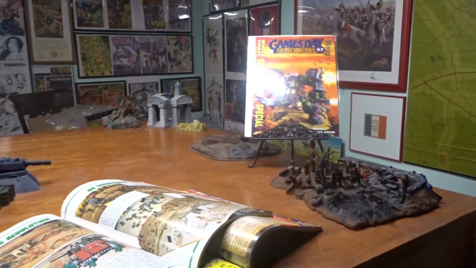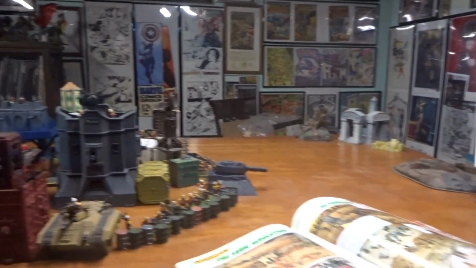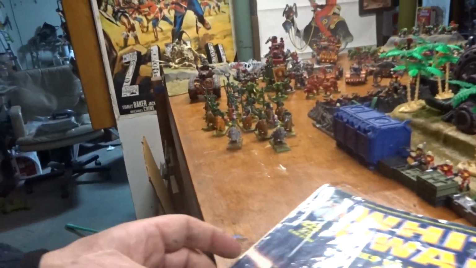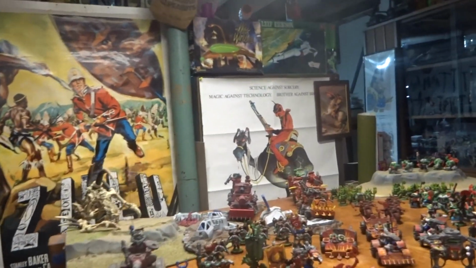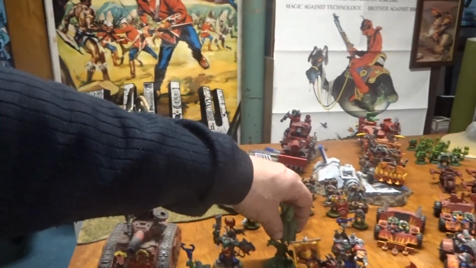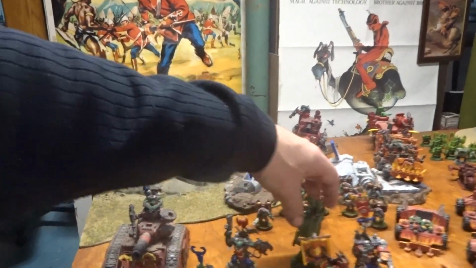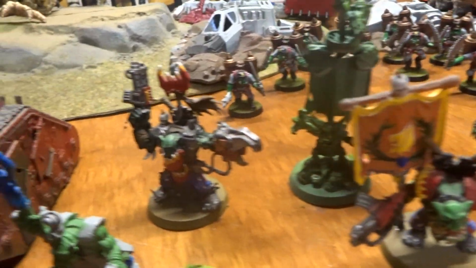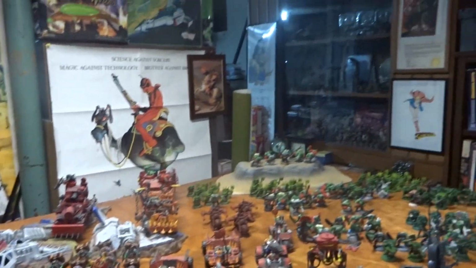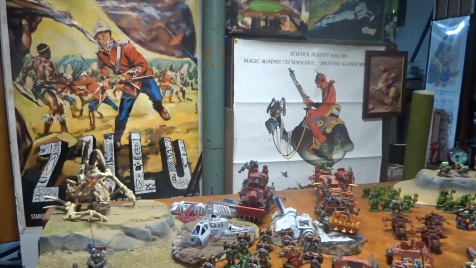We're on a 4x8 table, and basically we're going to use the same rules that were in White Dwarf 222, where Alex will be able to utilize this army at least 3 times over. He's got 4 warlords, so he can do at least 4 attacks. Any vehicles that are destroyed will remain on the battlefield as wrecks, but any troopers can